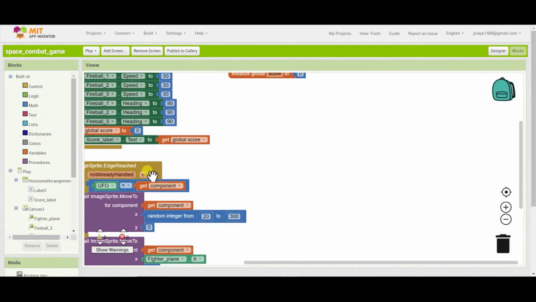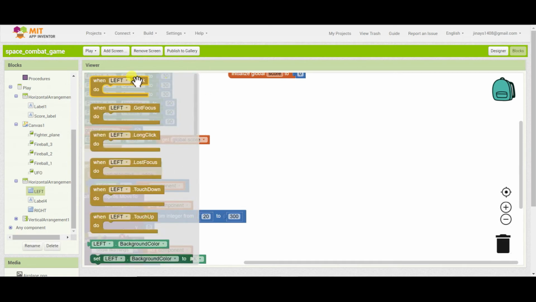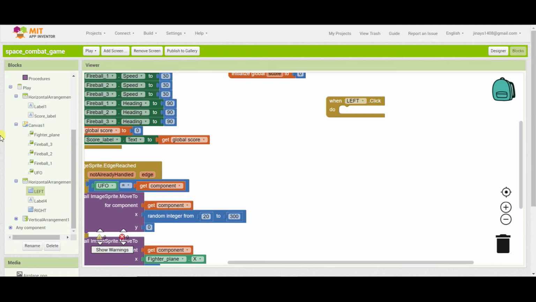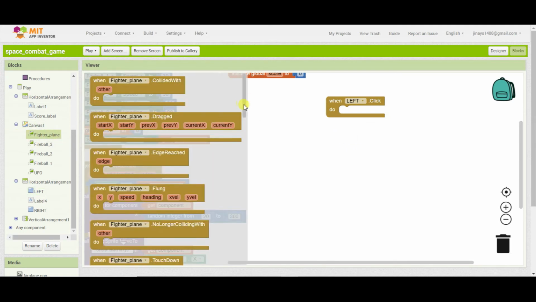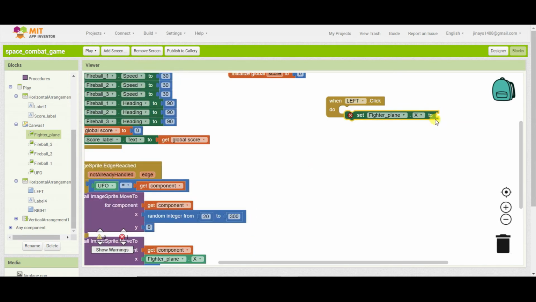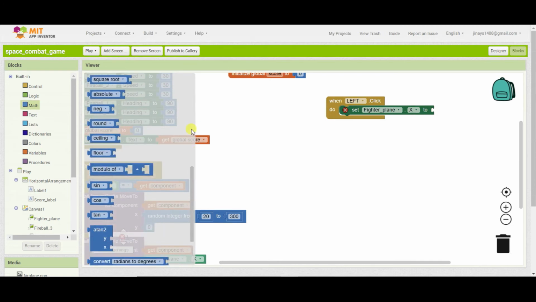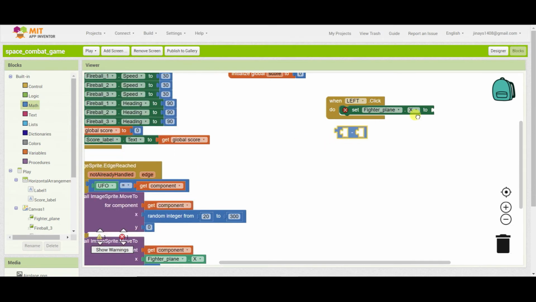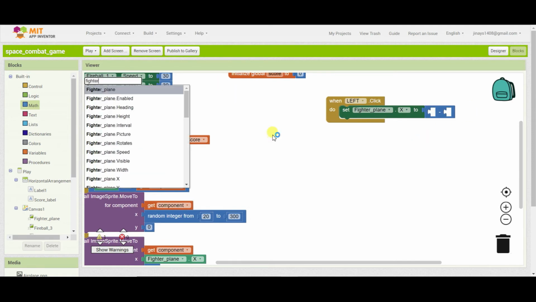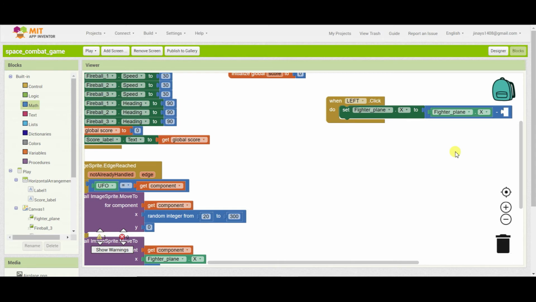So whenever the left button is clicked, we have to set the fighter plane X to, I'll go to maths and drag the minus sign, fighter plane dot X minus 10.